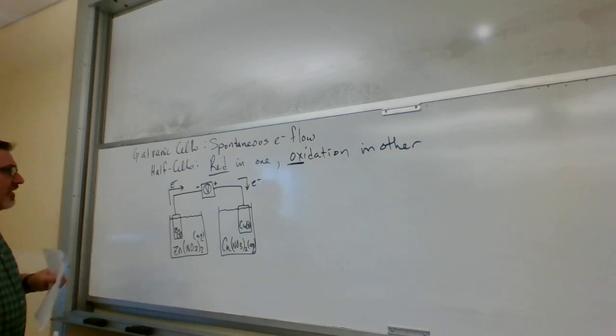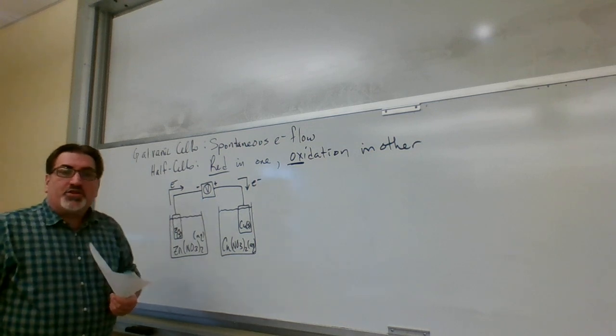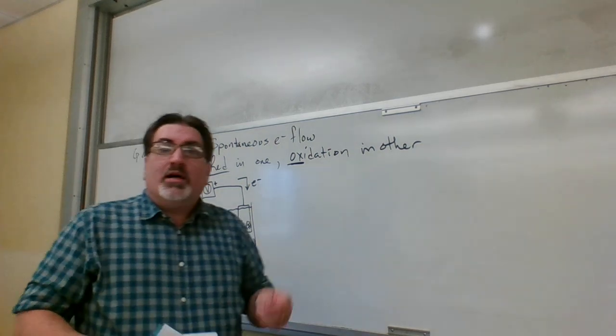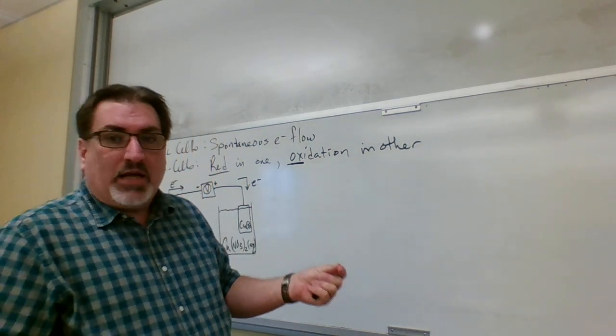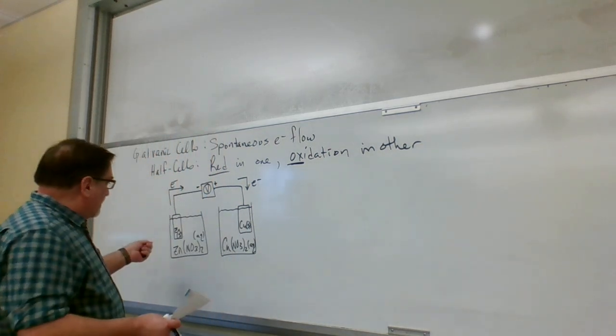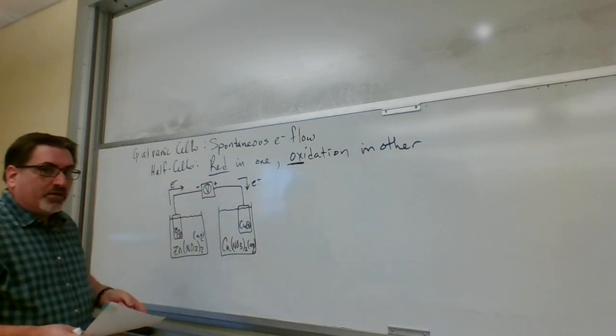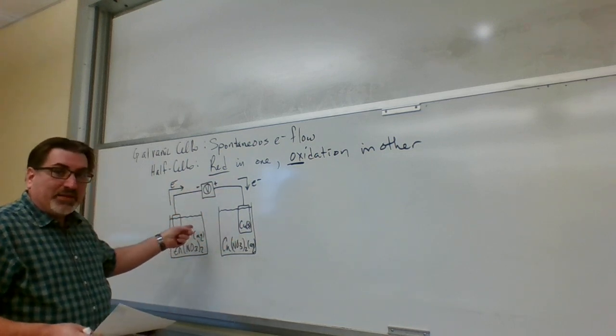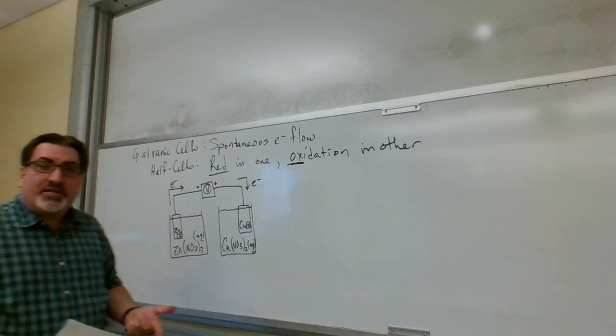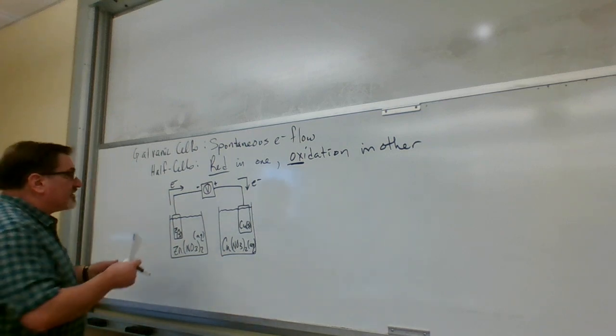All right, so in our diagram, when we hook this thing up and let juice flow, it'll flow for a millisecond, and then it'll stop. Because as electrons start to move from one cell to the other, they're going to build up on one side and be depleted on the other, and the flow of electricity will stop. So to complete the circuit,